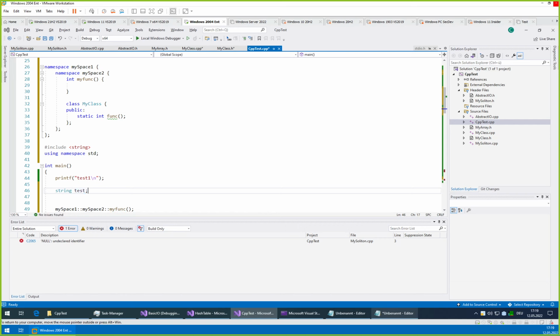And string is a class provided by the standard template library, which represents a normal ASCII string, and it takes away all the pains of using strings in C, because now you can at any moment in time append stuff. One thing that it is missing, unfortunately, is a format option. So if you want to fprint something, you cannot fprint to a std string. But there are other things you can do.